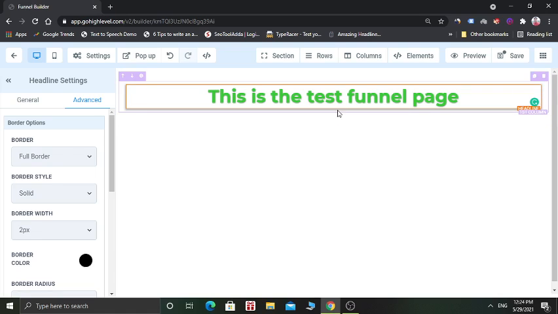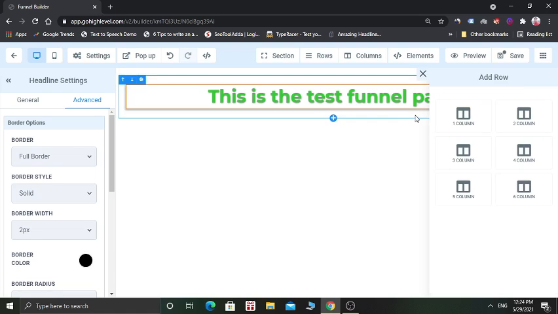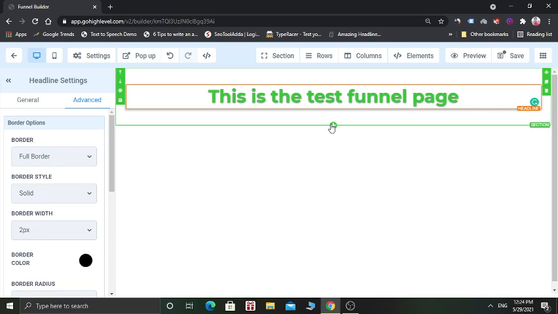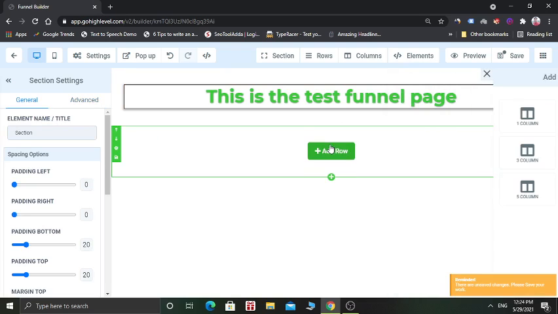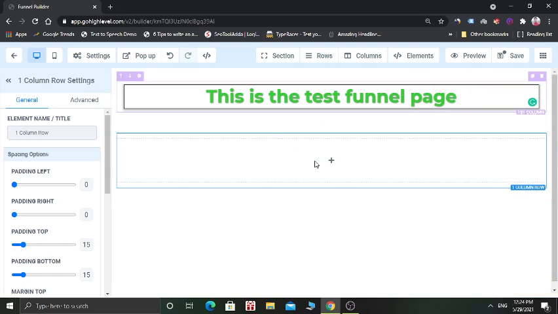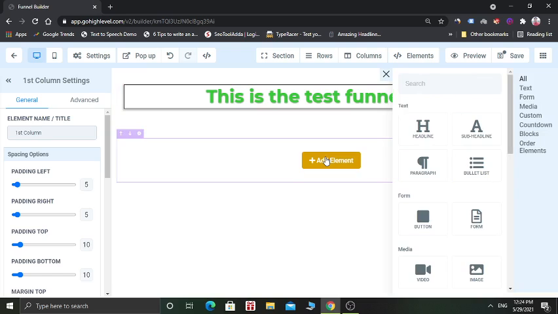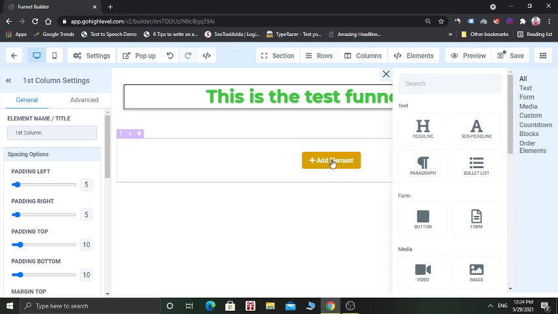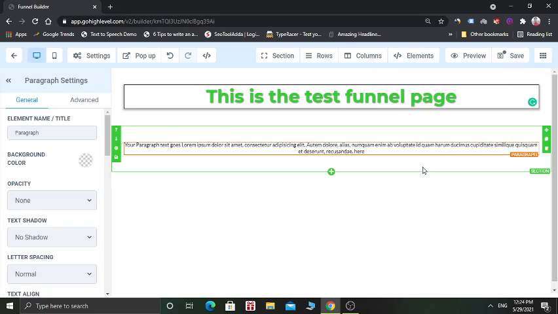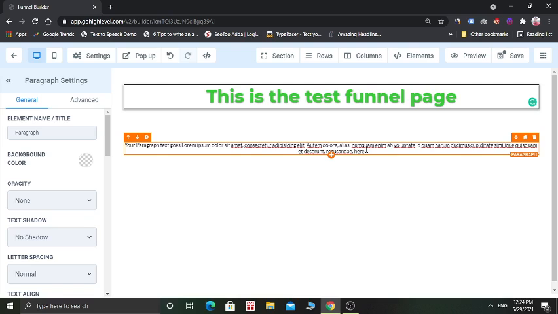Now let's add some paragraph in this funnel. Now choose a column, and now add a text element which is called paragraph. Drag and drop from here, and now you have the text paragraph.